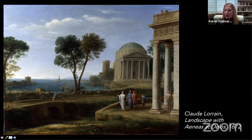And the reason why it's so important, Delos was said by the Greeks to be the birthplace of Diana and Apollo. Apollo and Diana were twins. And so it doesn't quite look like this, but it is an island of ruins without commercialism. Amazing. And what this story tells us is that